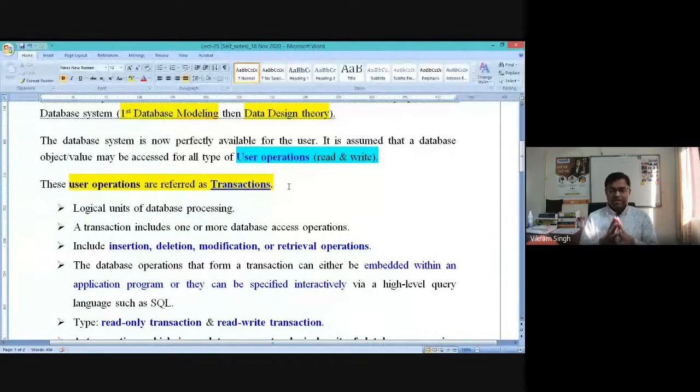So whenever we say there is a transaction, the term transaction naturally means there is this user operation aspect involved, that the user is trying to perform some operation on the data items, data values. Now the second property of the transaction term says whenever we are performing these